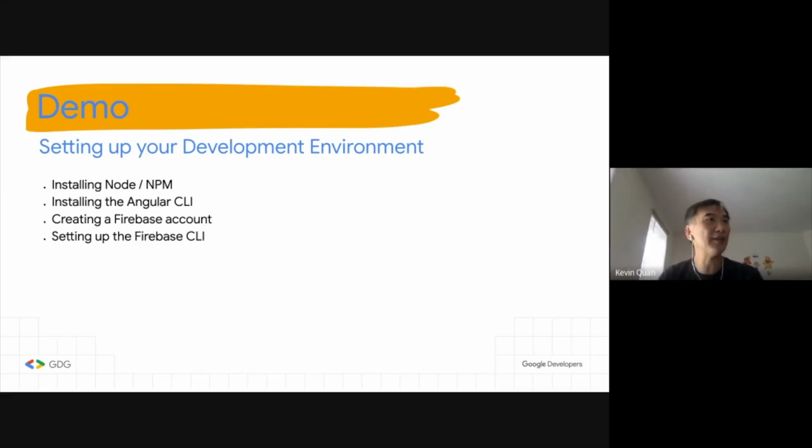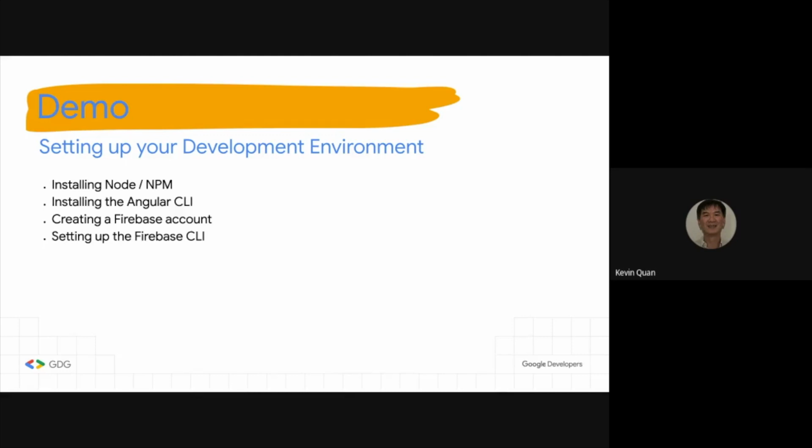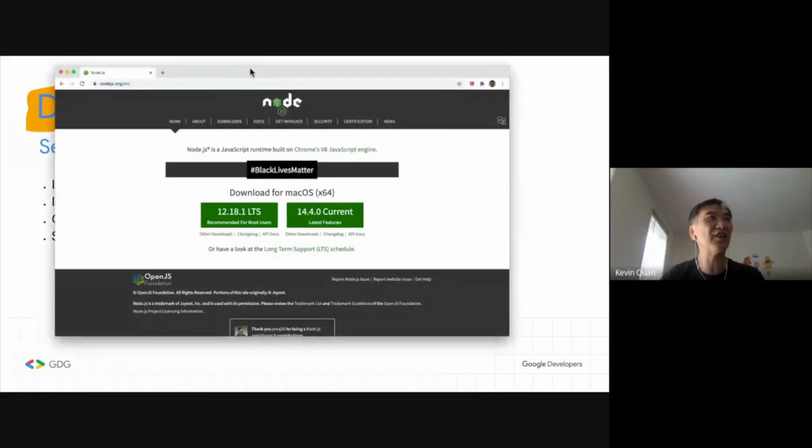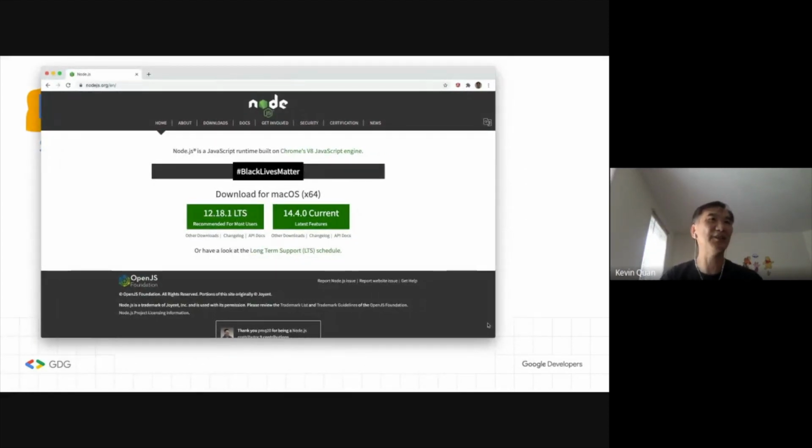So I'm just going to do a demo of installing some of these, to show you how to set up your development environment. To install Node and NPM, you go to the Node.js website. I'm going to move the screen over here, overlaying the presentation. Basically you have to download the package